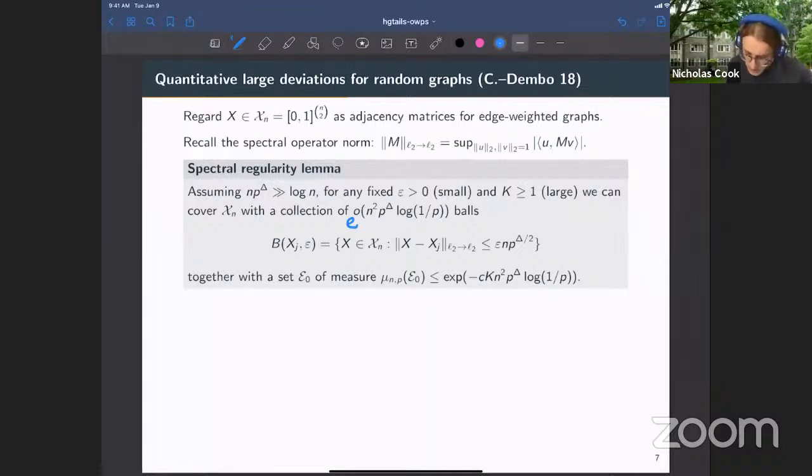Okay, so the key here is that this is the large deviation speed, and so we want the number of balls to be negligible in comparison with this rate. And then the balls need to be of the right size, and so they're balls of this radius, epsilon n p to the delta over 2. And this turns out to be just right, because if you look at these clique and hub constructions, so say planting a clique of the appropriate size,